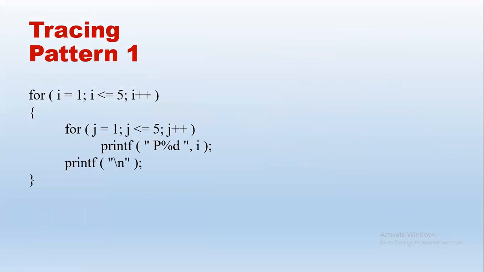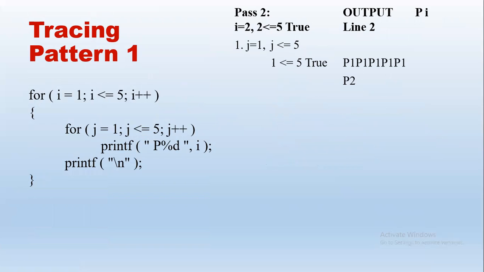Now similarly, pass 2. In pass 2, we have I equal to 2. So 2 is less than or equal to 5, that is the condition. Now in pass 2, we need to print line 2. Right? So for line 2, again J starts from 1. Please note this is very important. J will not continue from 6 or 7 as in the previous step. J always starts from a new value. For every new execution of the inner loop, J will start fresh from the first value 1.